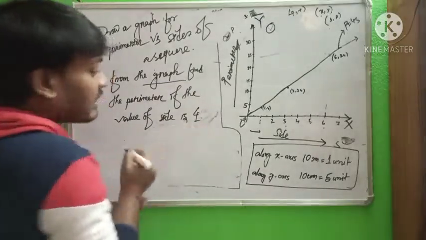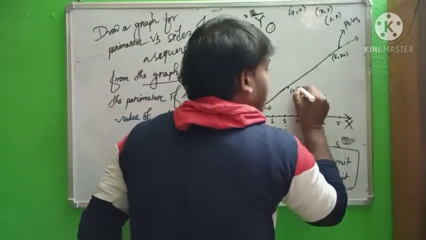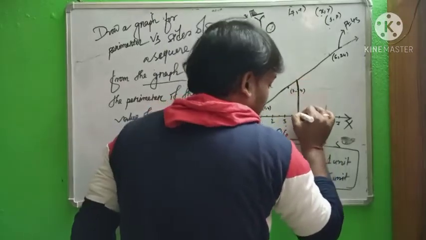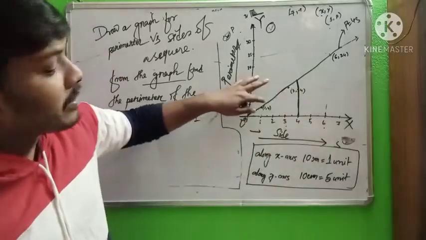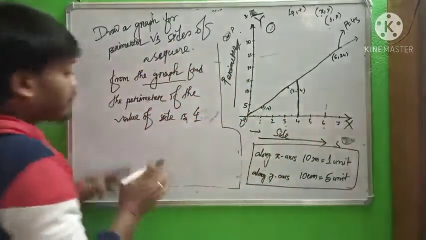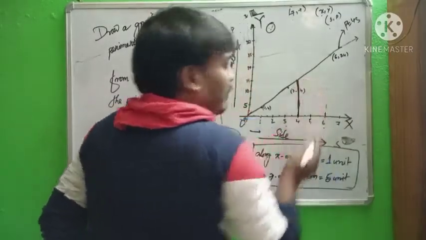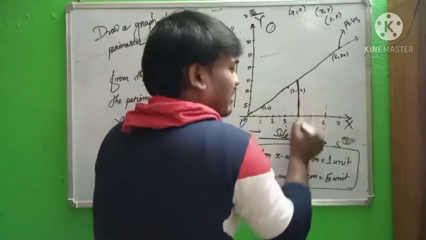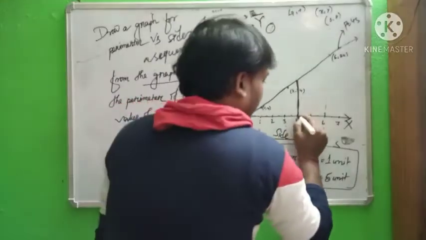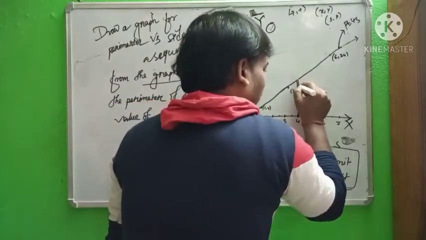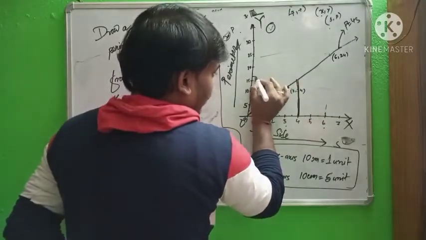So when side is 4, in case of this side, according to this 4, what is the value of the p? In this case, we draw a perpendicular line. Perpendicular, that means in 4, some horizontal line is given in the graph paper. So we only bold or draw it. From here to here, one value is given.